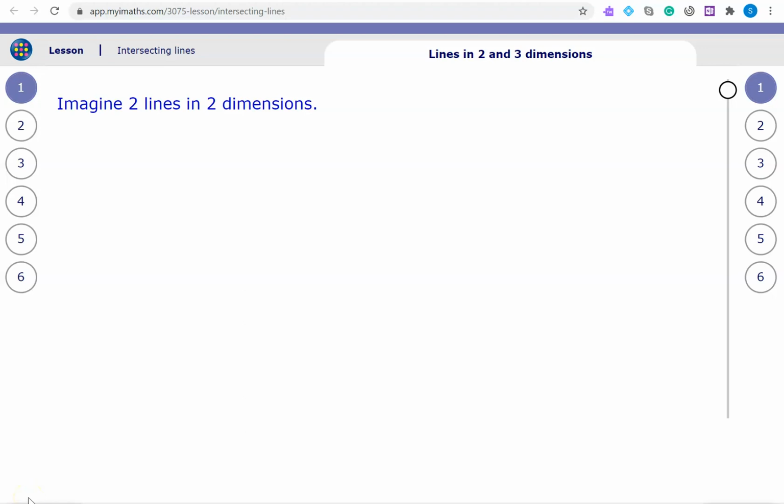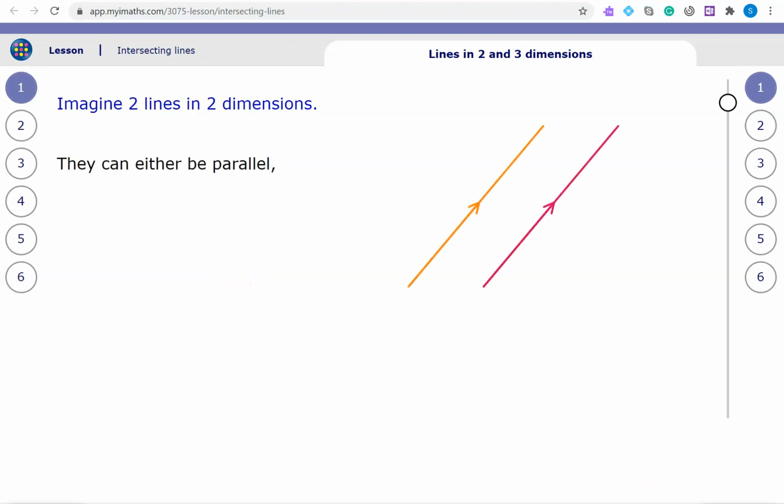Hi, in this video we're going to look at how lines in 2 and 3 dimensions intersect with each other, or in some cases don't intersect with each other. Now, to begin with, I'm going to start off with lines in 2 dimensions. In 2 dimensions, we'll say that lines can either be parallel, in which case they do not intersect, or